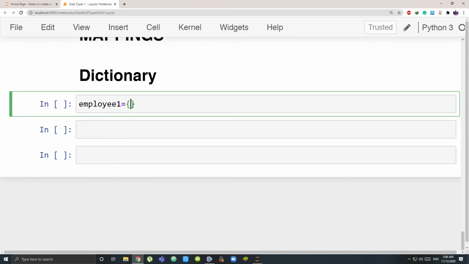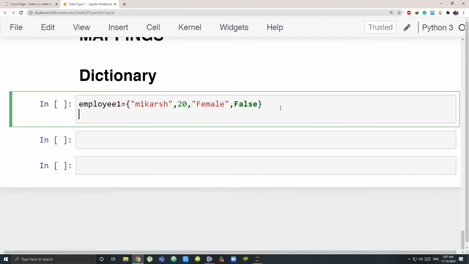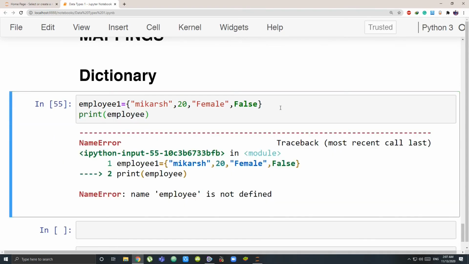But I can't store it like that, right? I can store my name as Mikash, my age is 20, my gender is female, and am I permanent? No, I am not permanent, so let's say False. And if I print the type of employee 1, what am I getting? What is the problem?